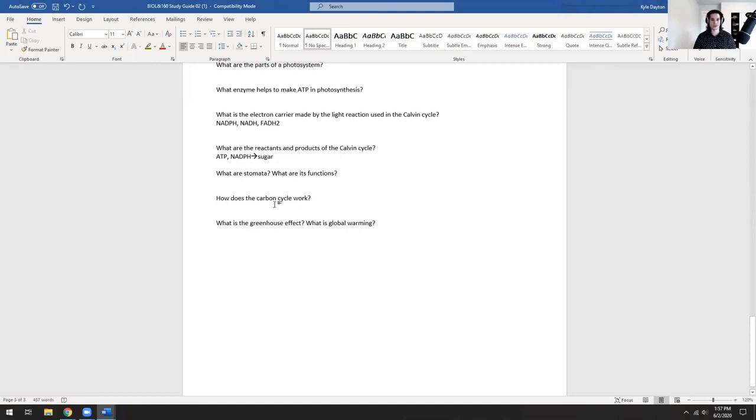How does the carbon cycle work? You have photosynthesizers that take CO2 from the atmosphere. They make sugars. Then you have heterotrophs that will come and consume the plants. And then they undergo aerobic respiration. So they're breaking down those sugars and taking in oxygen from the environment and releasing CO2. And then that CO2 is brought in by photosynthesizers and so on. Now, alongside industrialization, we have kind of an overload on one end versus the other. We have a lot more CO2 production now versus probably less vegetation now.